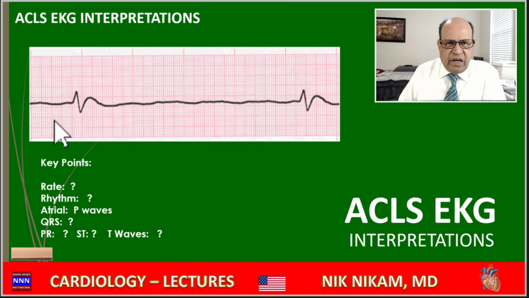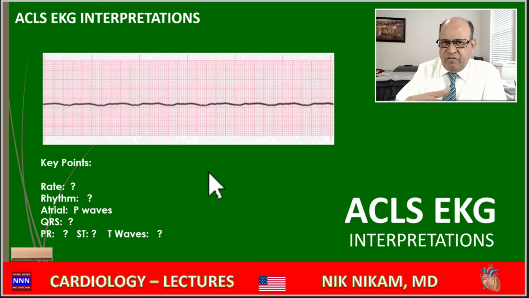This is what is called an agonal rhythm, where we see an occasional blip of the QRS complex with a sustained flat line, and this is just a matter of time before the electrical activity ceases in this particular heart. The treatment is, of course, we can shock these patients, give epinephrine, or use a pacemaker to see if we can activate the ventricles. If we cannot, then maybe it's time to call off the cardiopulmonary resuscitation.